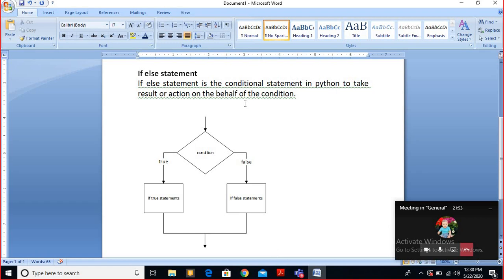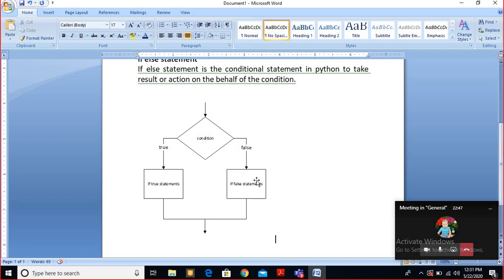Just for you, a live example in front of you: it is obvious that if a child's scored percentage is greater than or equal to 60, that means he or she gets the first division, otherwise second division. Am I clear? It happens like this. Yes, we consider 60% and above as first division. Yes or no? Yes, sir. In the same way, what is that? That is a condition: what is your percentage? Your percentage is the condition. If your percentage is greater than or equal to 60, that means if this condition is true, then you have to display that you are in the first division, otherwise sorry, you are in second division, that's all.